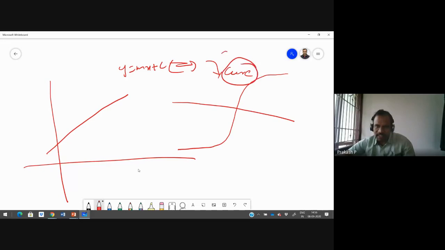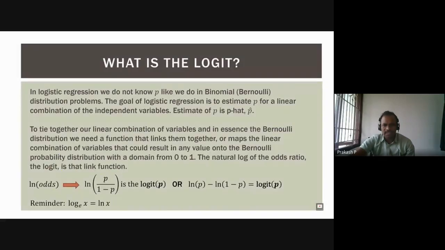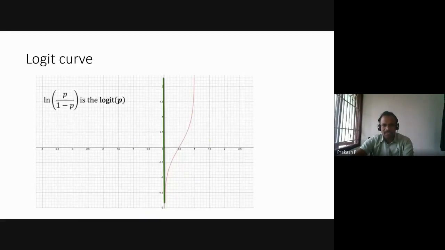For getting this curve, we need to have odds, the odds ratio. You see, the logarithm of odds, p divided by 1 minus p, we can call the logit function. What is the logit function? If the curve is in this form, we can call it the logit function. The logit function is to be like this curve. If you give some value, you may get our output like this.